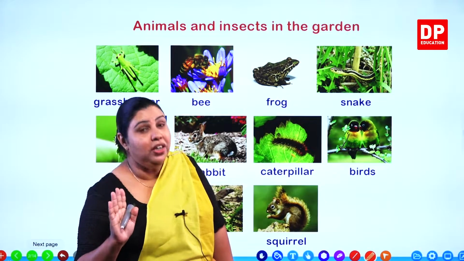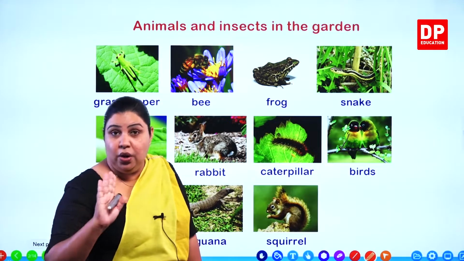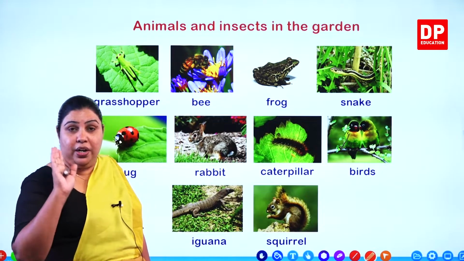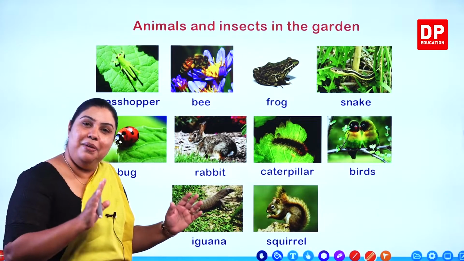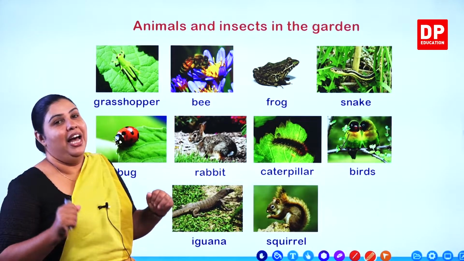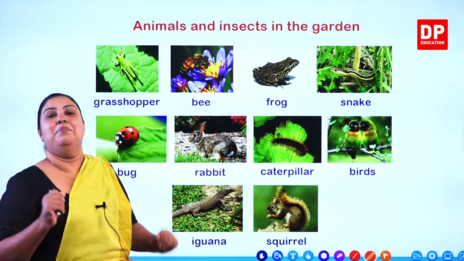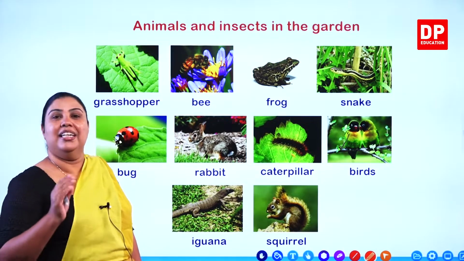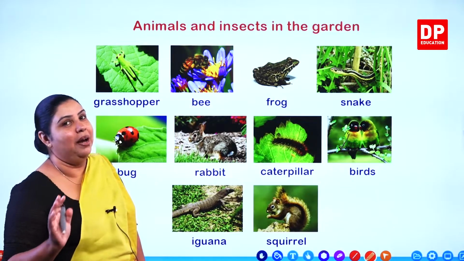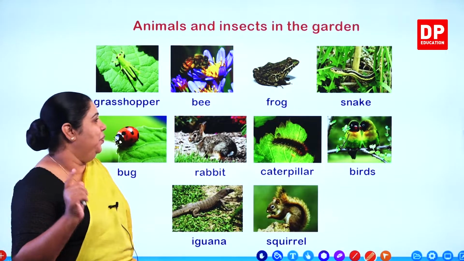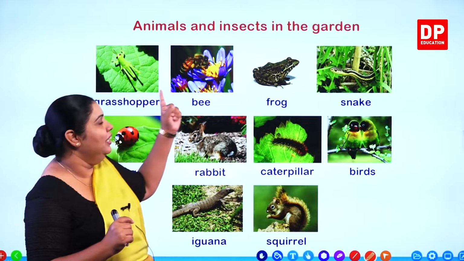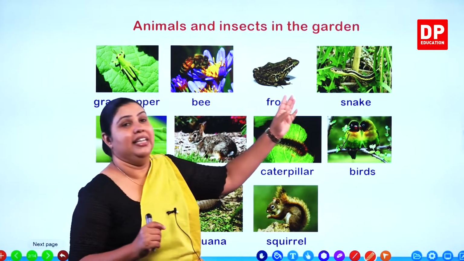So do not harm any animals. You are not to kill these animals. You are not to hit them. Just let them be in the garden peacefully, and you also just enjoy the sight of them and just let them be alone. අපි ඒගොල්ලන්ට කරදර කරන්නේ නැතුව අපි ඒගොල්ලෝ දිහා බලලා අපේ පාඩුවේ අපි ඉන්නවා. Right? Okay. So we have the grasshopper, the bee, the frog, and the snake.